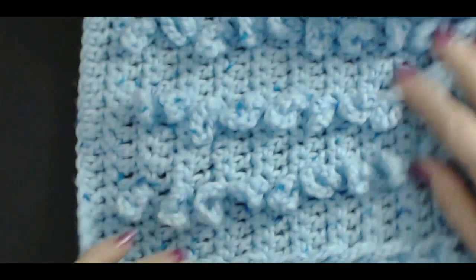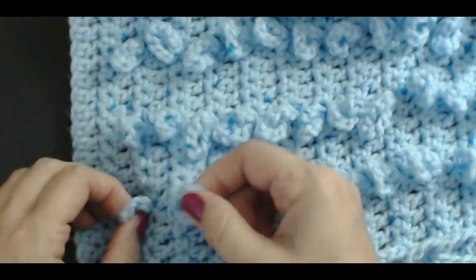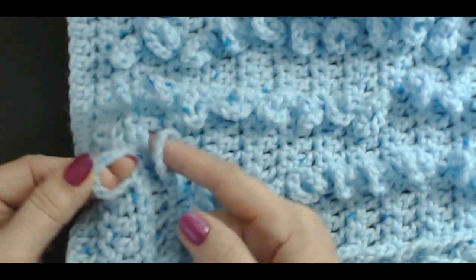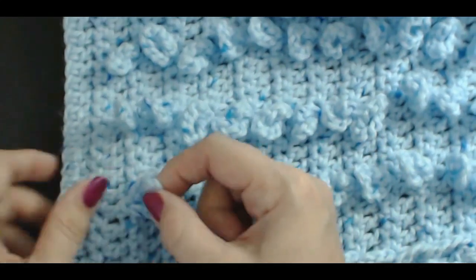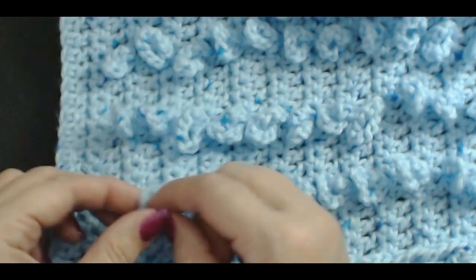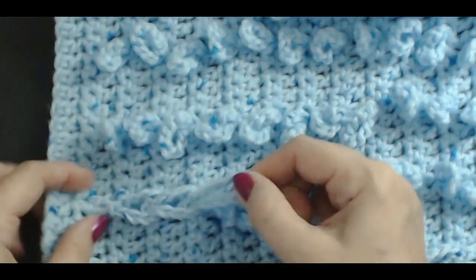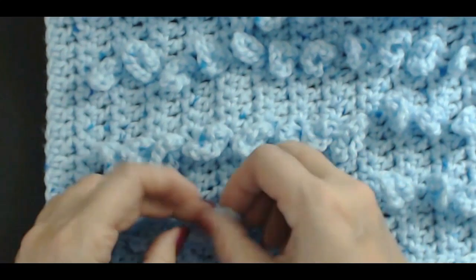So again, I'll go to the bottom of the blanket again. So we've done that one. So you're going to take your second loop and put it through the first loop. Thread it through the first loop and pull it up. That's your first loop and that's your second loop. Then get your next one and loop it through that one. And we're going to join these, loop them through